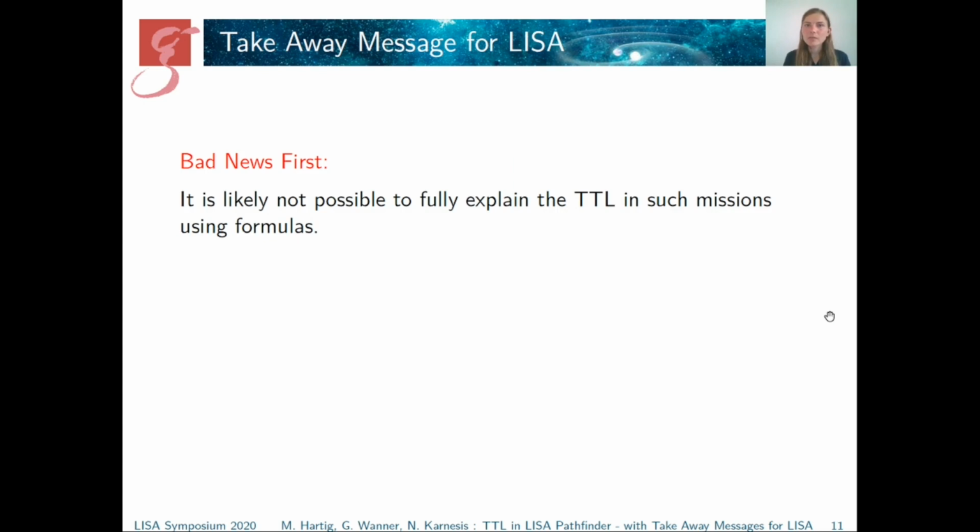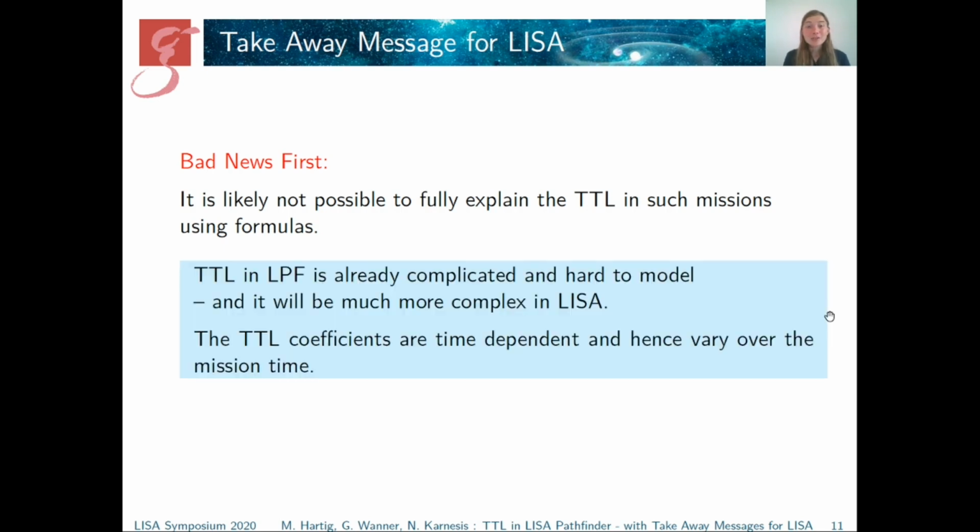So what does it all mean for LISA? I'll give the bad news first. It's likely not possible to fully explain tilt-to-length coupling in such missions using formulas. Tilt-to-length coupling was already complicated and hard to model in LISA Pathfinder, and